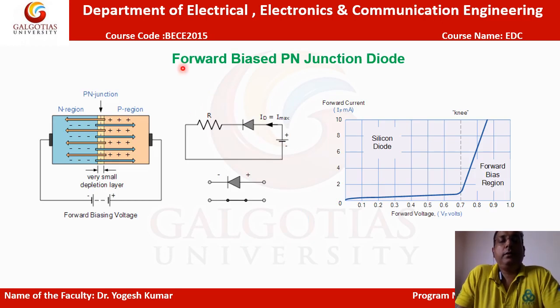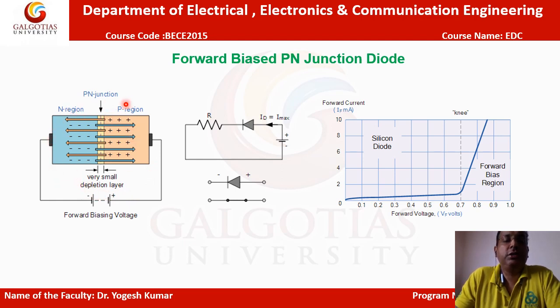Now we have to connect the battery across the terminals of the P and N sides of the PN junction diode. The battery has two terminals, one positive and one negative. So there are two possibilities for connecting the battery terminals to the P and N type semiconductor network, that is, the PN junction diode. Suppose we connect the positive terminal of the battery to the P side and the negative terminal to the N side. This type of biasing connection is called the forward biasing of the PN junction diode. So what will happen in this configuration? Let's have a look.